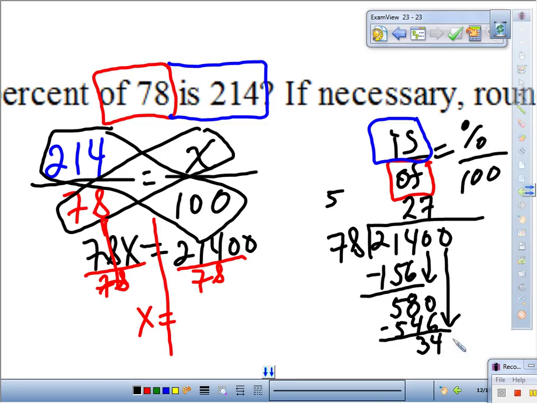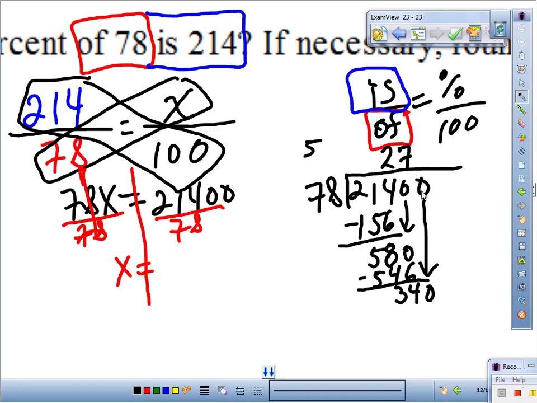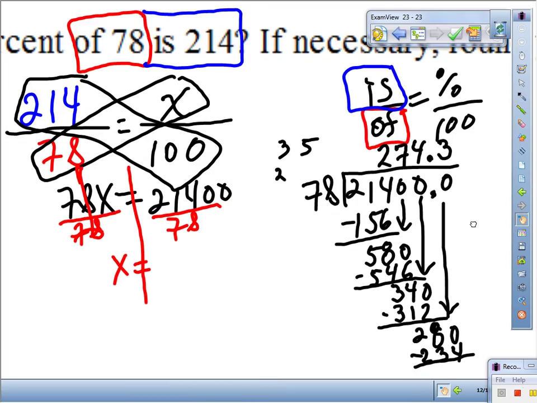Bring down the other 0. How many times does 78 fit into 340? 4 times. 4 times 8, that's 32. I got 3. 4 times 7, 28, plus 3, that's 31. Subtract, that's 28. Add a decimal. Decimal, add a 0. How many times does it fit into 280? 3 times. 3 times 8, that's 24. I got 2. 3 times 7, 21, plus 2, that's 23, my good. And we have